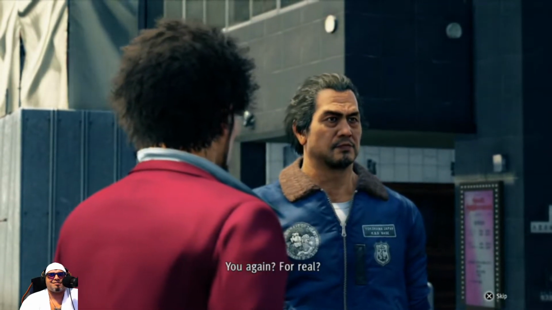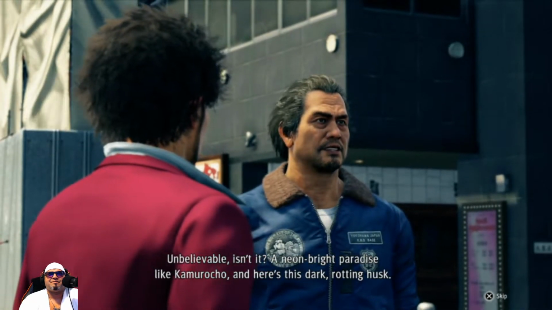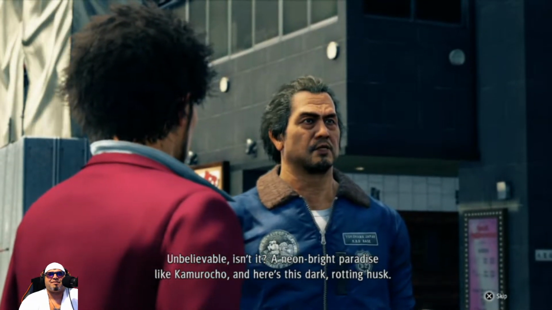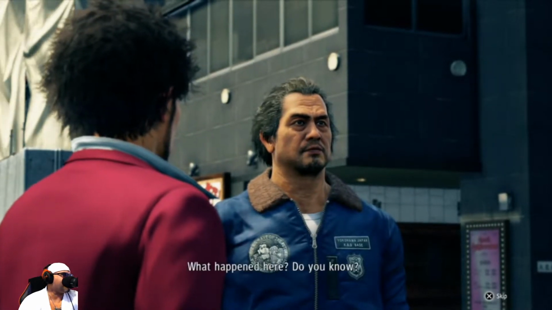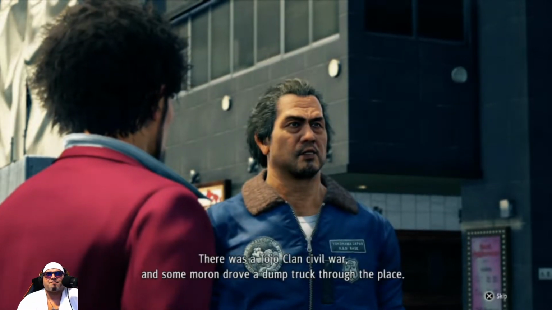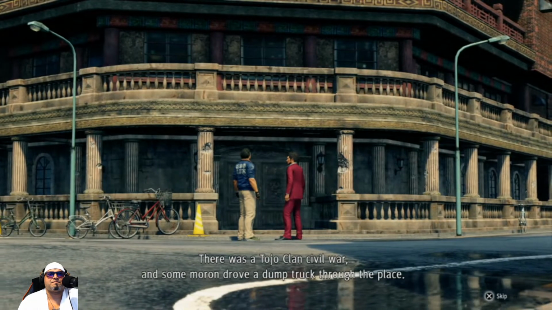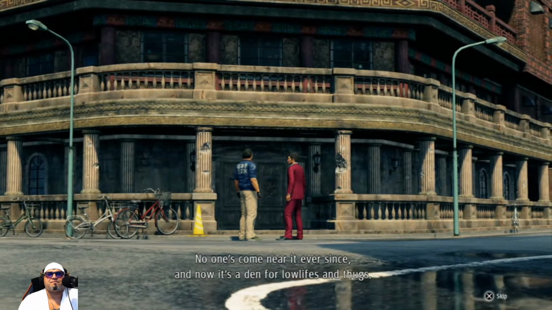I knew you'd end up here eventually. You again? For real? Unbelievable, isn't it? A neon bright paradise like Kamurocho. This guy's a creeper. He just shows up out of nowhere all the time. What happened here? Do you know? There was a Tojo clan civil war. Some moron drove a dump truck through the place. Well, no one's come near it ever since.